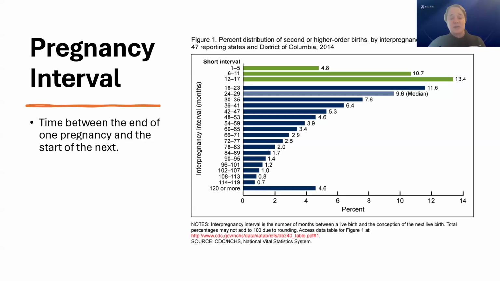But also you have to think about how we do this. Oftentimes in EHR data and in claims data, we're defining pregnancy by ICD-10 code. So this can present a lot of challenges when you're defining this pregnancy interval. So it's critically important to consider this when you're setting up your data set.